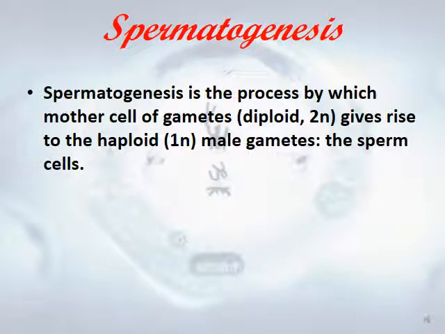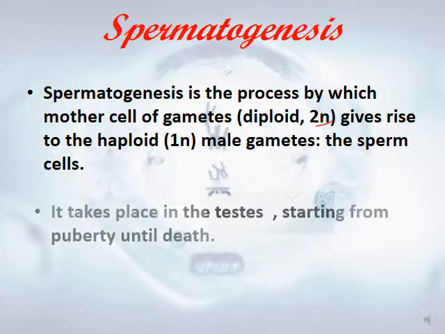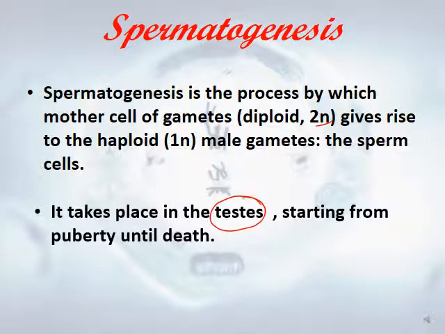So first, what is spermatogenesis? Spermatogenesis is the process by which the mother cell of the gametes, diploid 2N, gives rise to the haploid 1N male gamete, which is called the sperm cells. It takes place inside the testes, starting from puberty until